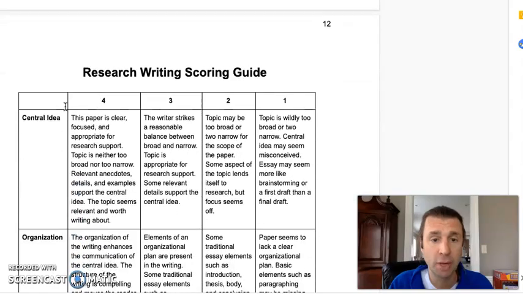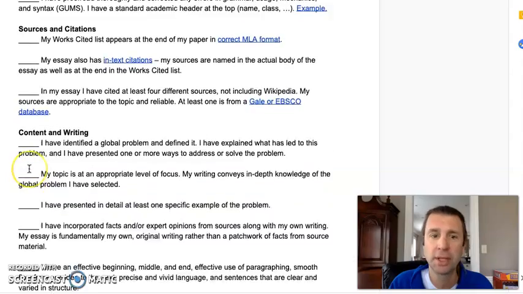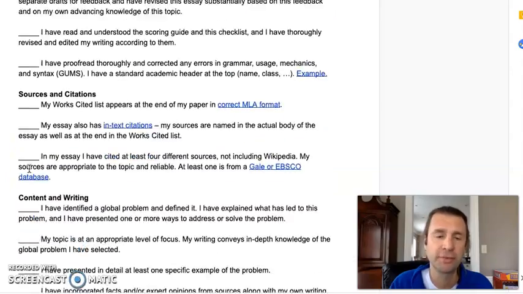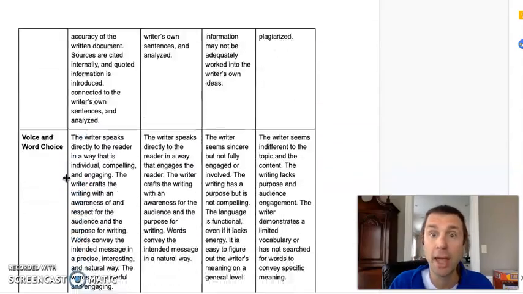And the score, as we did before, I'm asking you to self-score. This is partly reflection as well as self-assessment, okay? And then this is the same info. It's a scoring guide, but in the boxes, if you like the boxes. Okay, so I'm